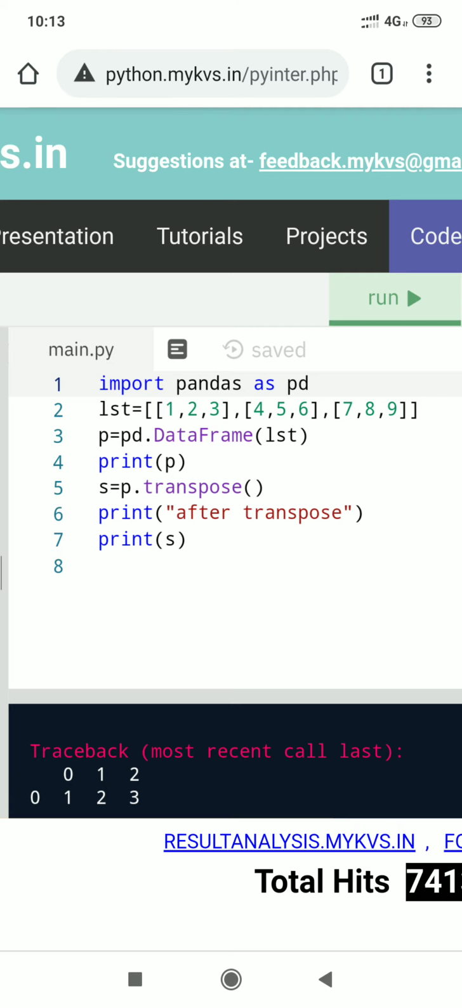We have created one list with the name LST, passing that list into the DataFrame method to create the data frame. The data frame will be created with the name P. On execution of the program, it will show the list like this. Here it is, before transpose: 1, 2, 3, then 4, 5, 6 and then 7, 8, 9. Then after we transpose it,